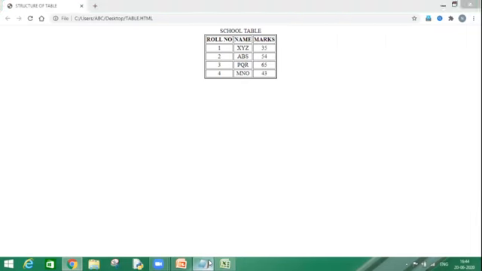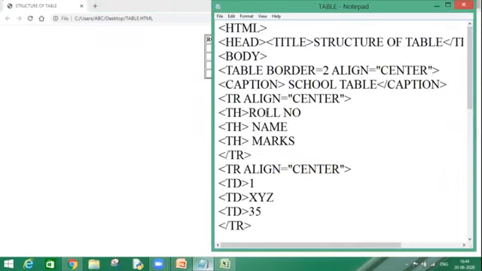So this is enough for the day, I guess. Students, thank you so much for listening to me, and practice creating tables. Draw the table with a pen on paper, draw the number of rows and columns, and start making a table. First you learn how to create a table. In the next video, I will tell you how to format a table, how to fill colors in a table, how to make it more beautiful, how to represent it well.